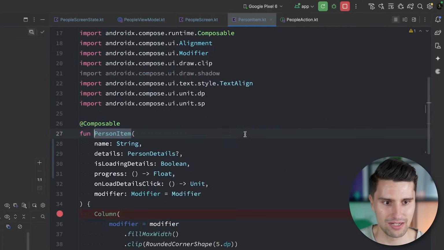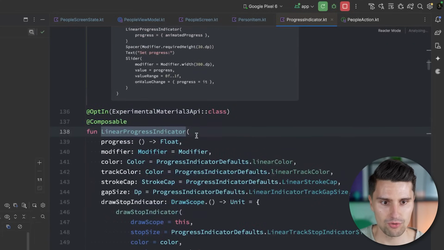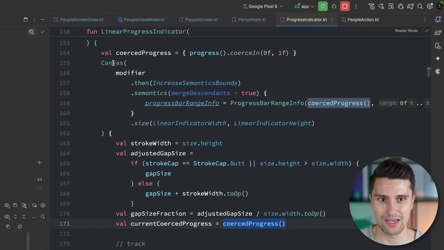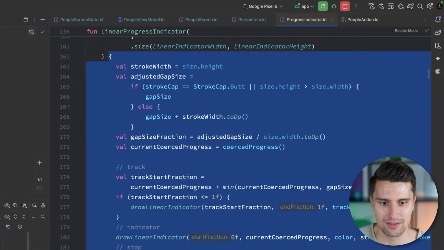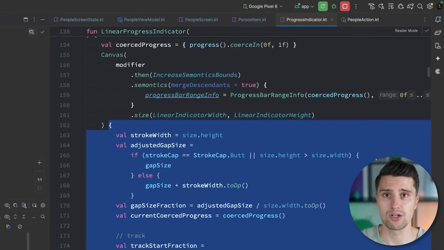Specifically, if we take a look here again, in our linear progress indicator, we try to read the state only here inside of the draw scope of the canvas, which is not a composable function. So if this lambda is reinvoked, this has no impact on actual recompositions of our remaining UI. And the same is the case if you maybe want to change the position of an element,